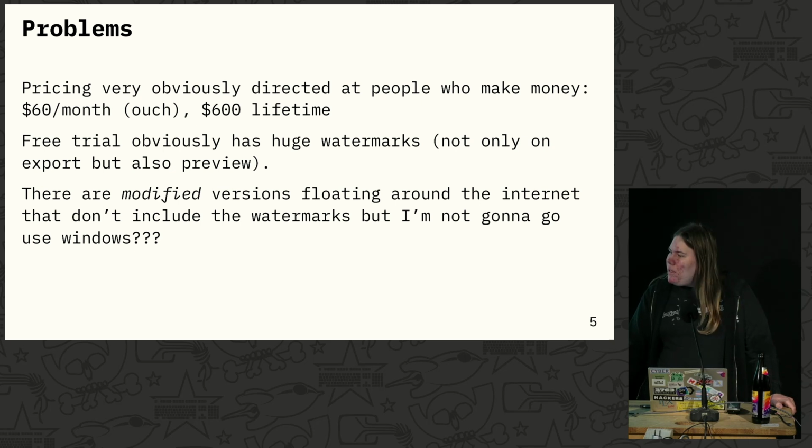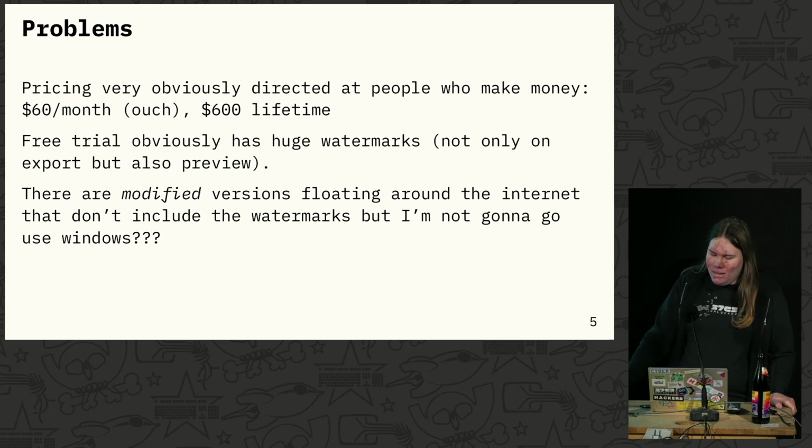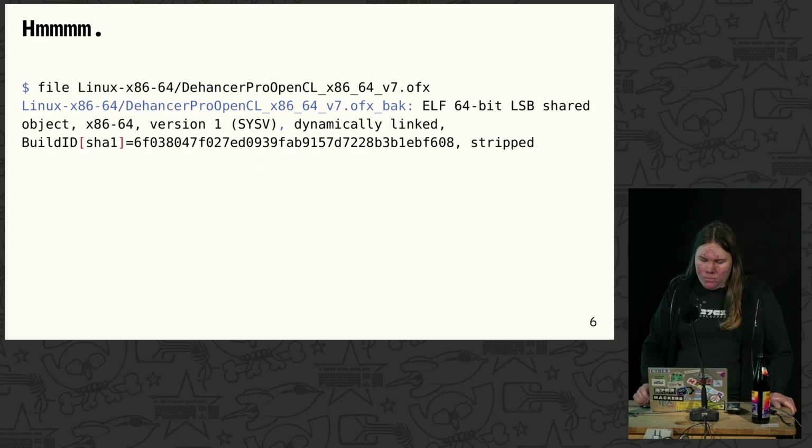It's obviously a very popular product. They list 1.3 million installs on their website. And there are modified versions floating around for Windows and for Adobe Premiere, and for bypassing certain license checks. But I wasn't gonna use Windows because one of the main benefits of using the other software, even though it's still proprietary, is that it runs on Linux fairly well, and yeah. So I thought,